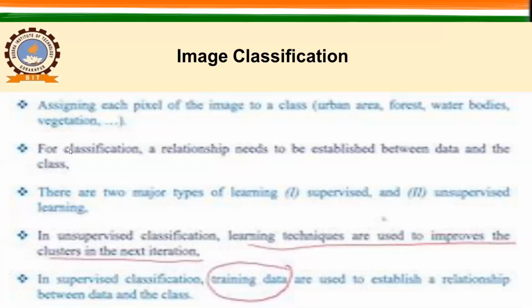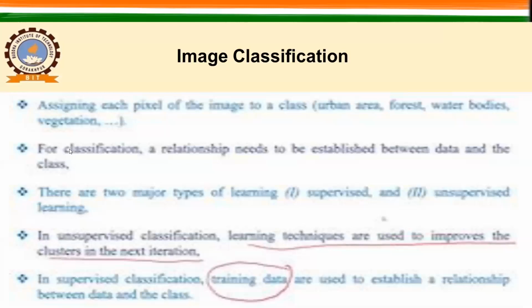And there are two major types of learning. The first is supervised and the second is unsupervised. I hope you remember my previous lecture. We have discussed the supervised and unsupervised classification techniques. And I had also given you some examples in supervised classification. I was teaching you, I gave a numerical to solve, and I had said that then slowly you will learn that and you will be mastered in that. So you will reduce the time required in solving that numerical with your learning.